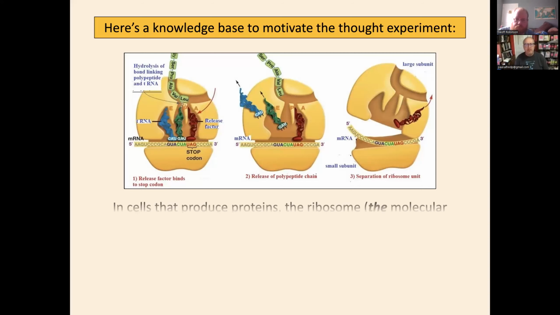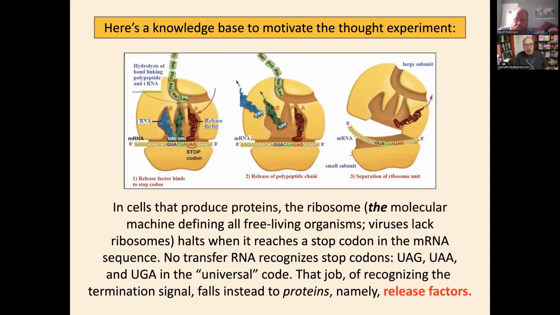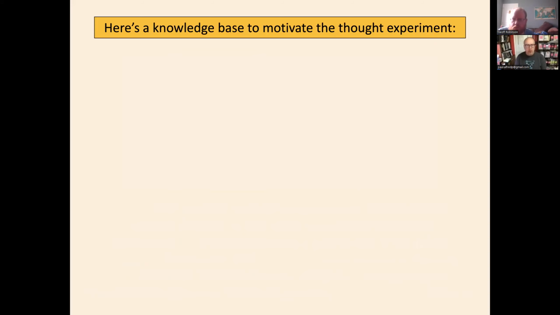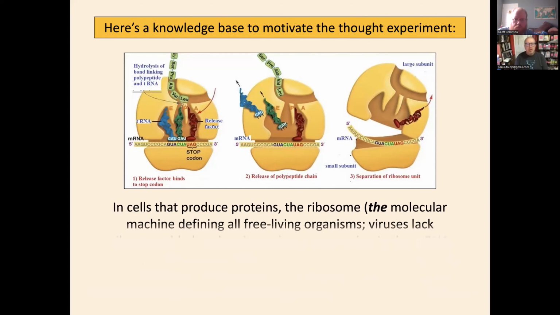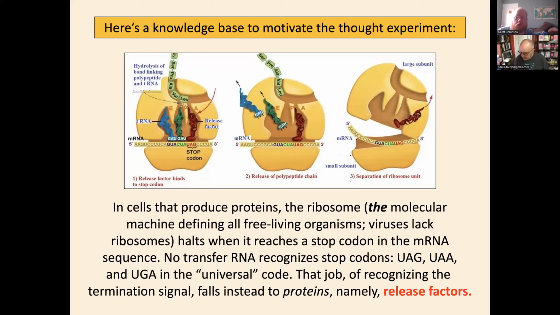All right, so you can see coming out of the tunnel in the large subunit is the nascent protein with its amino acid linkages. Which one is that, the first or the second or the third one, with the protein coming out? Oh, it is the first one. The first one. Okay.